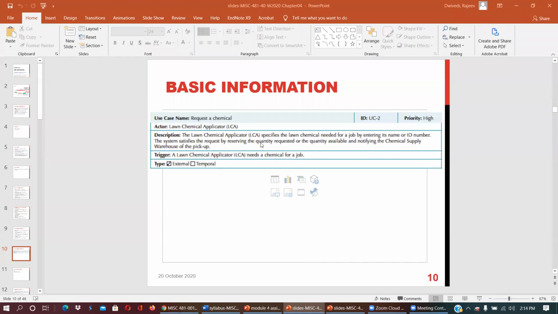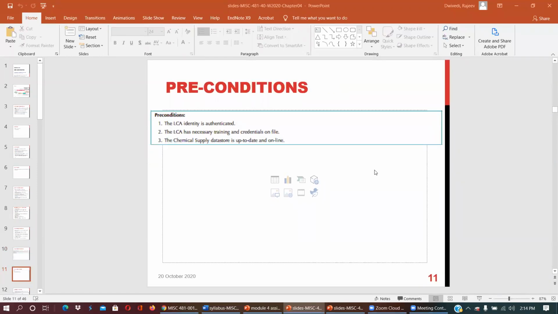And after that it is further extended here. So now after basic information, it comes to preconditions. Preconditions are: the LCA identity is authenticated, which means the vendor or LCA is correct. This is a precondition.